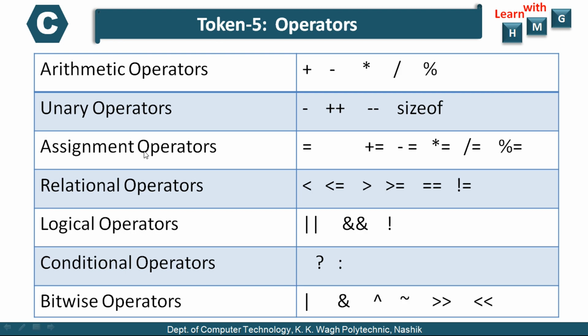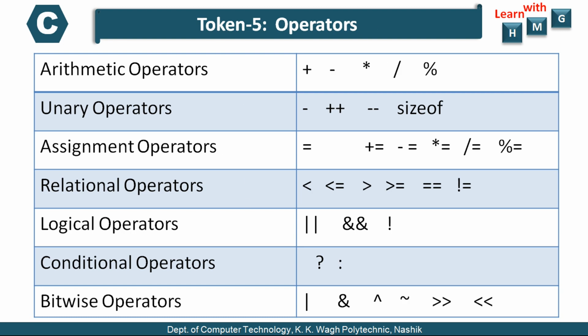The third category is the assignment operator. In mathematics we call it equal to, but here in C language it is called assignment. It is used to assign a certain value to the variable, or to store a certain value in the variable. This assignment operator along with the above arithmetic operators are combinedly called compound assignment operators, for example plus equal to, minus equal to, asterisk equal to, slash equal to, and mod equal to. First the arithmetic operation is performed, and then the assignment operation is performed. We will see the details of all these operators in another video, types of operators in C, afterwards.